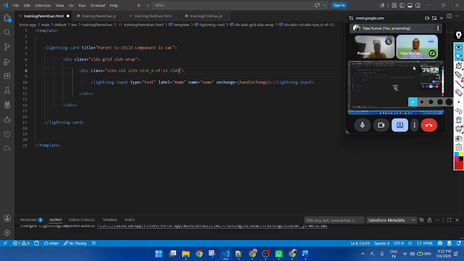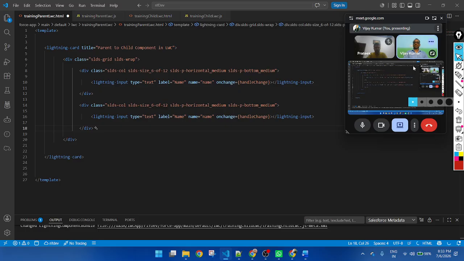Use slds-p-horizontal, slds-p-bottom medium. Name, email, phone.